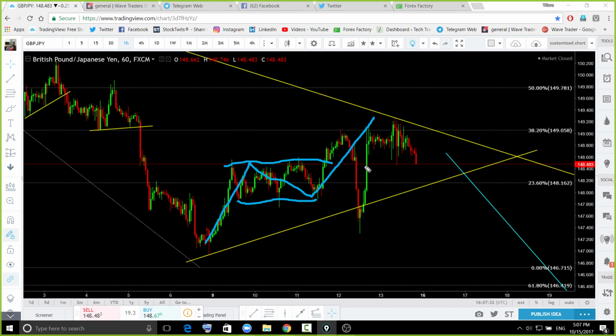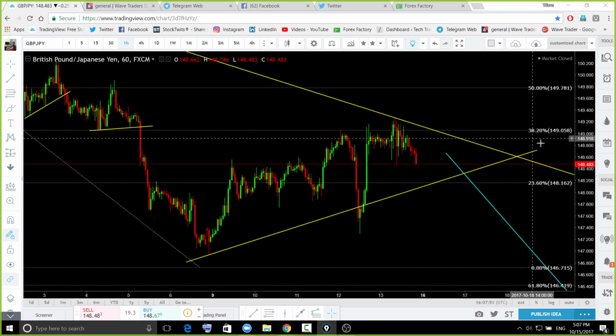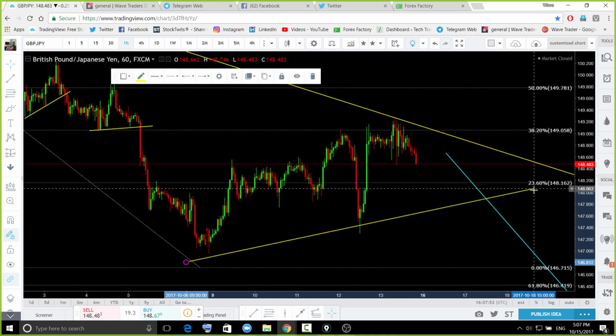Okay, so slightly aggressive to the upside. What that means is, this formation you can see over there is slightly aggressive to the upside, while the previous formations were corrective. So that means it can stay within this formation for a while. That possibility exists over there. All right, so something like that.